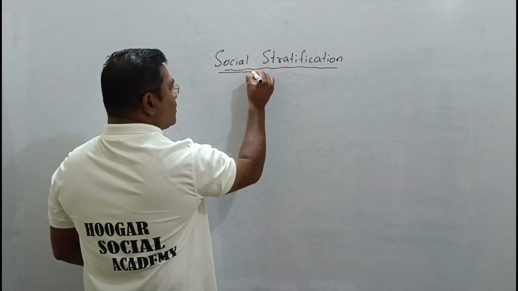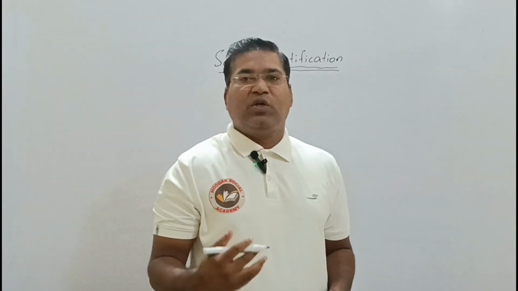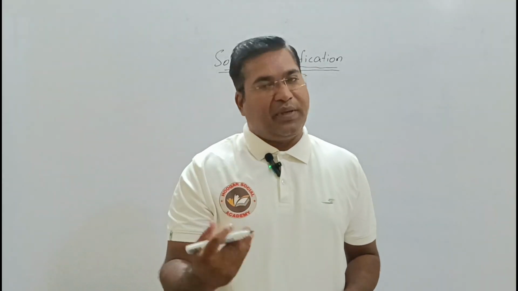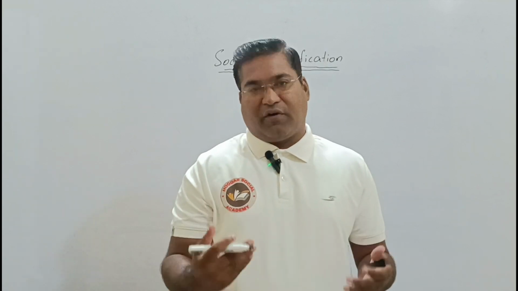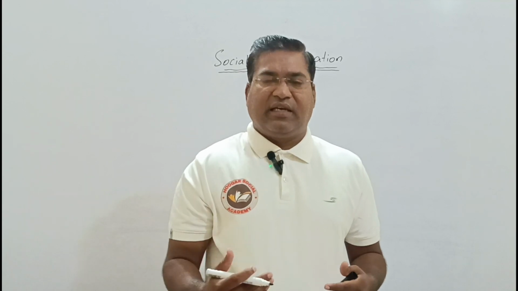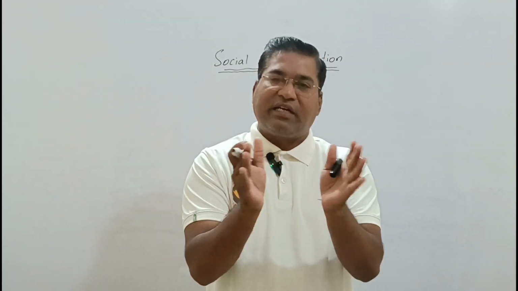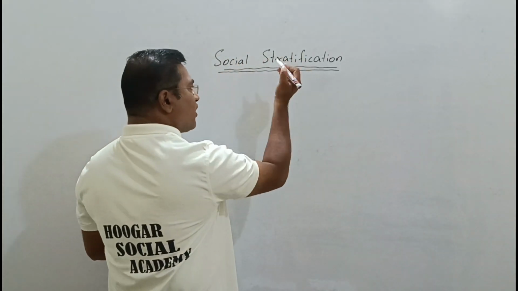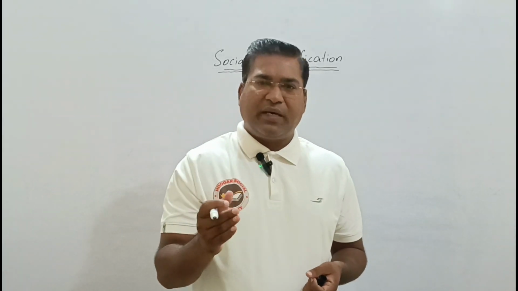If we talk about the social, we can easily understand that it is about the things that move in our society, which has been formed by the people, who have made a number of different things for themselves and created many divisions there. That is the social form. On the other side, when we talk about stratification, it is nothing but classifying the people